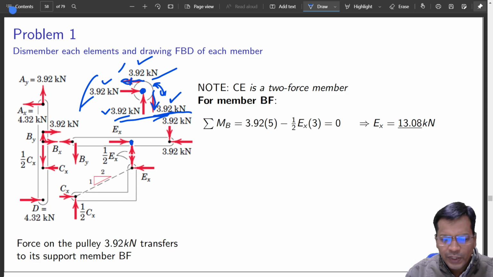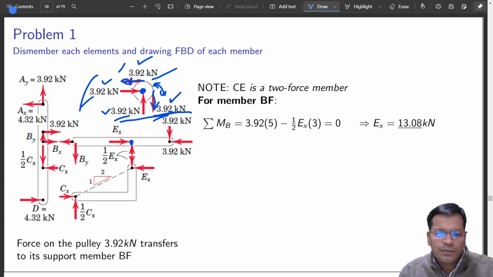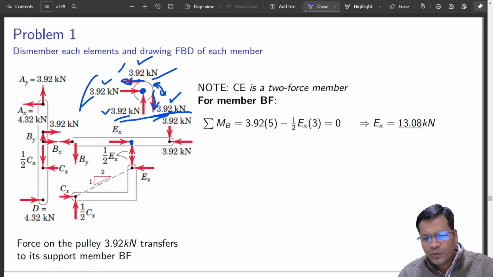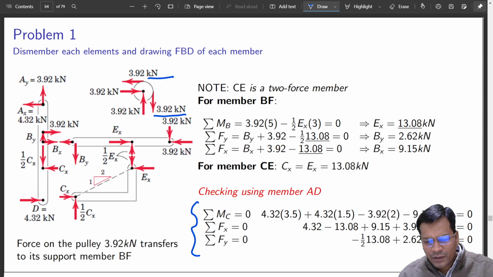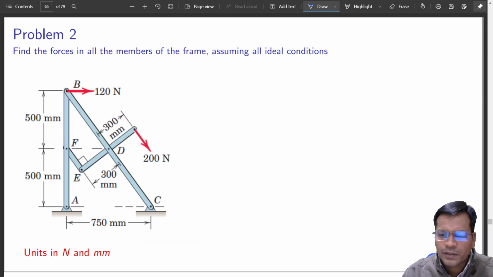So let us not waste more time on this numerical itself. I hope you will get it once you go through this slide once again. Almost clear. I never expect it to be 100%. So anyway, let us see this problem.